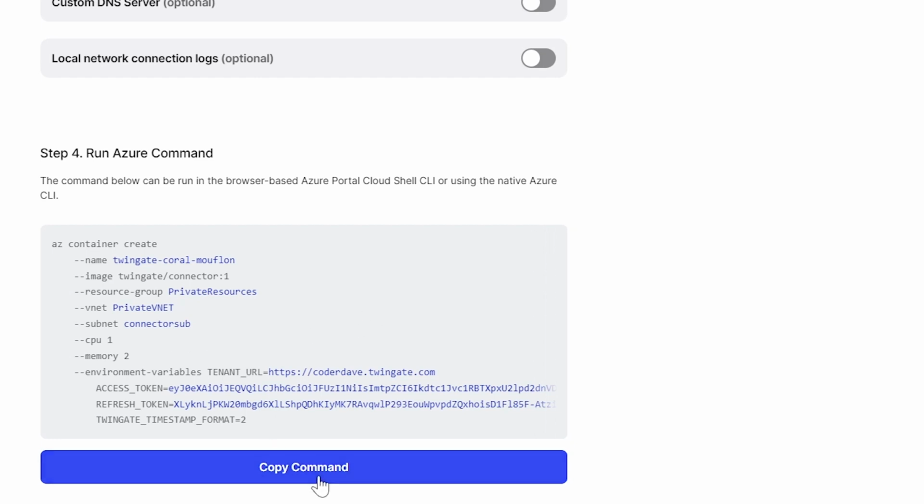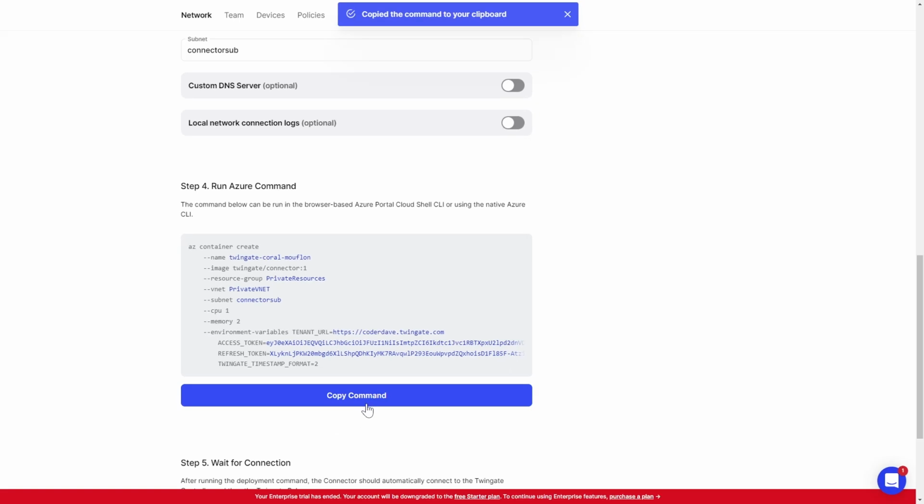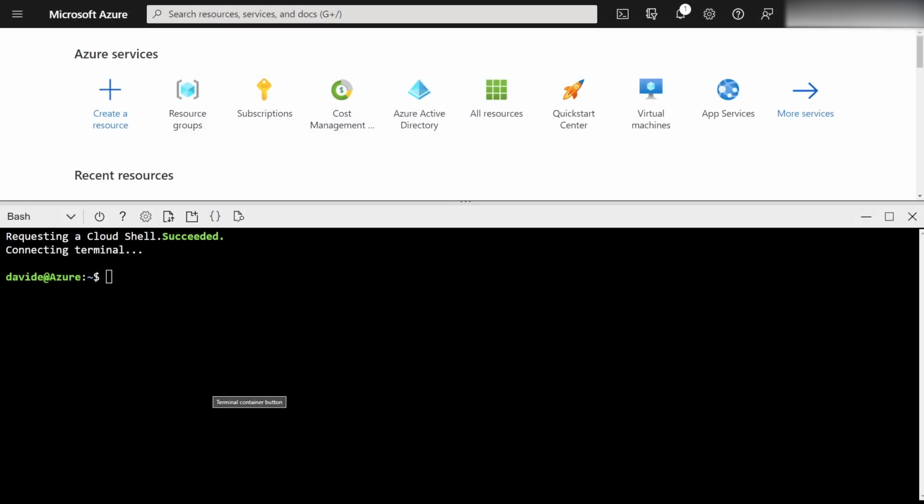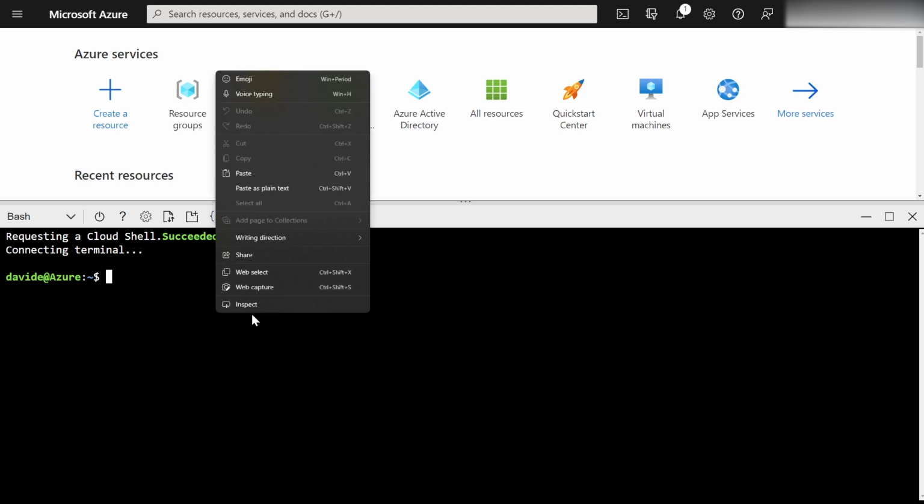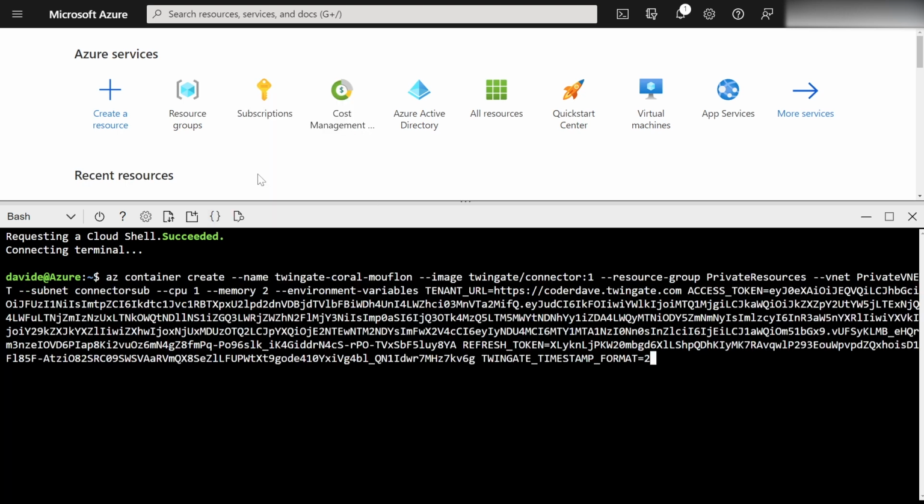So what I can do now is copy this command, and I can go back to Azure, where I have my Cloud Shell, but of course I can execute this from any CLI, even local on my machine if I have the Azure CLI installed. I can paste the command and just execute it. This will take just a few seconds and will deploy the container instance with the Twingate container image that serves